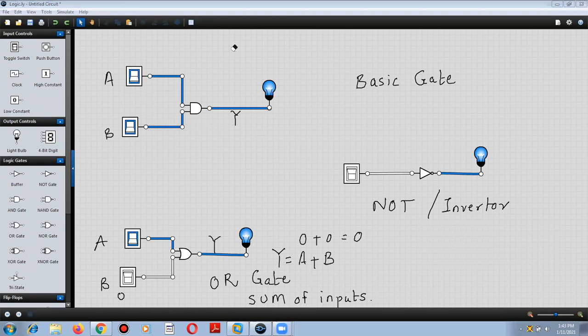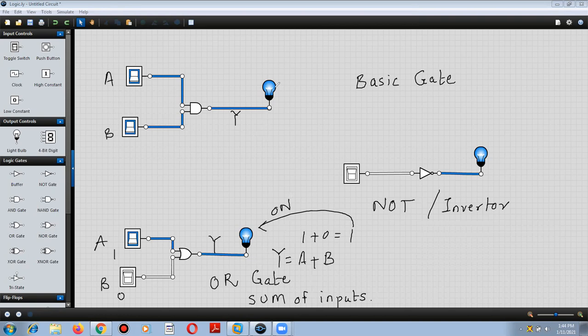So write here A is equal to 1, B is equal to 0. The equation becomes 1 plus 0, and that we can show here as 1 plus 0 is equal to 1. Since this is 1, the bulb shown over here is on.